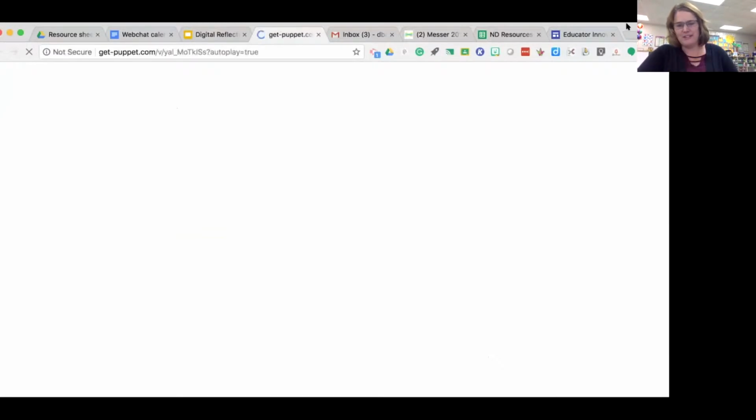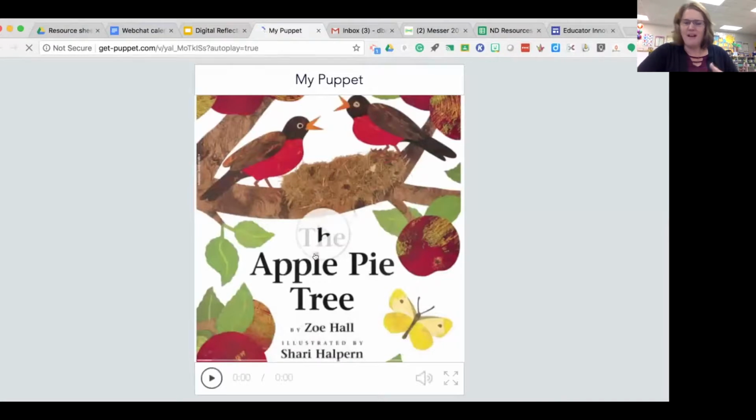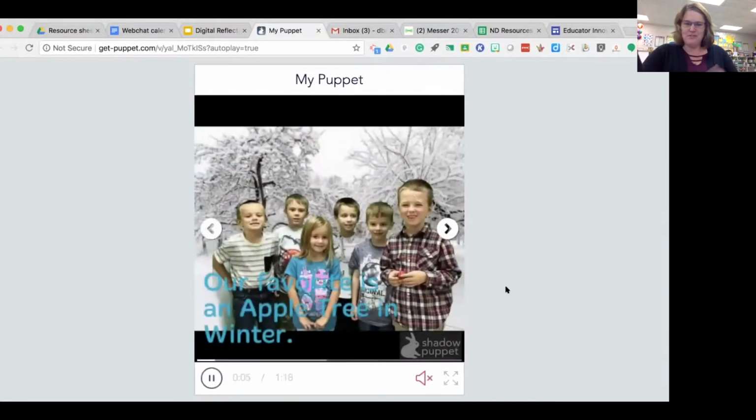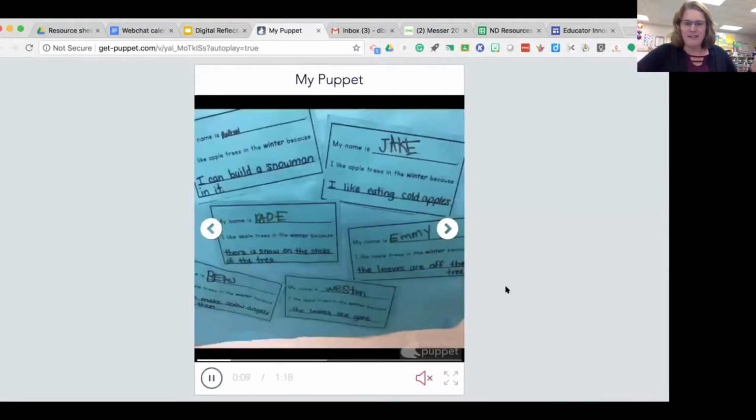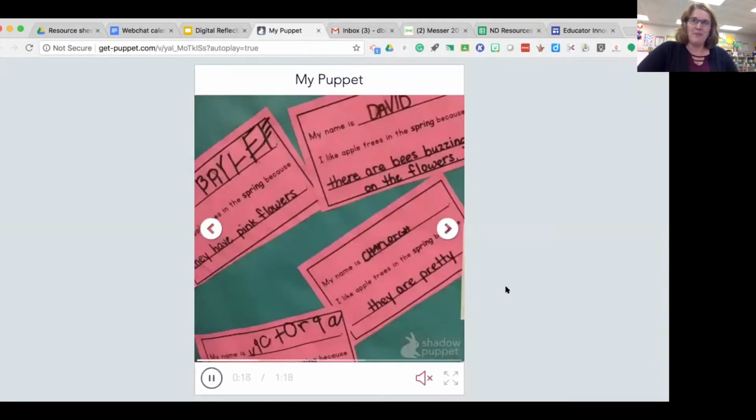So we looked at fall trees, winter trees, spring trees, summer trees, and then I had them choose their favorite, and then I used the DoInk app, which is a green screen app. I happen to have a green corner, I call it, in my classroom because I literally have a green corner painted in my room. And had the kids stand there and then showed them,